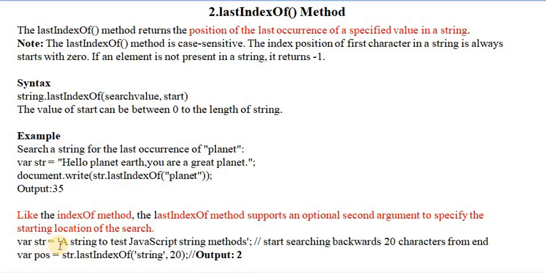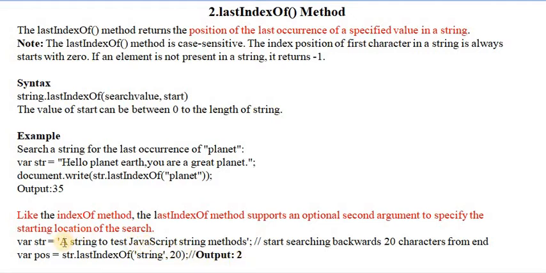Here in this string, "a string to test JavaScript string methods", this is the start searching, and in a position variable we are storing the lastIndexOf value, where "string" is searched starting from the 20th position, meaning it starts searching backward from 20 characters from the end, so that it returns 2.